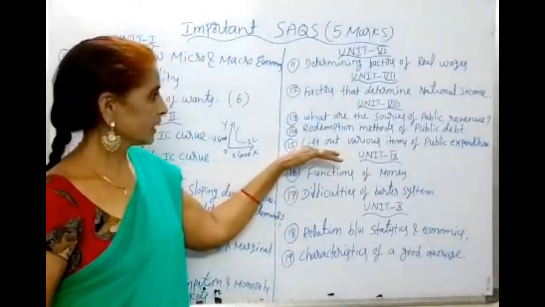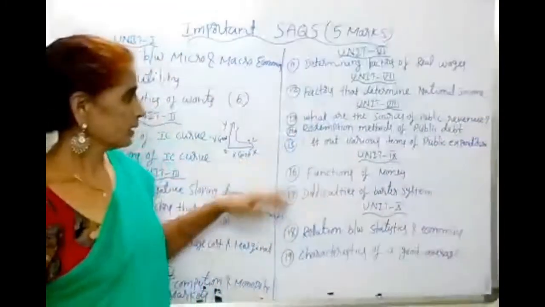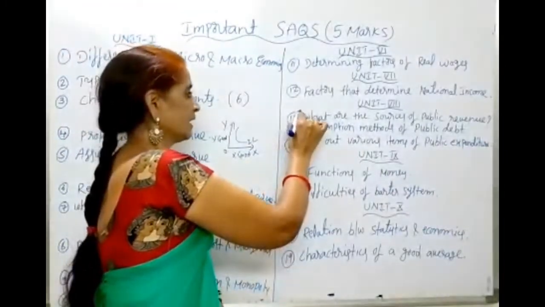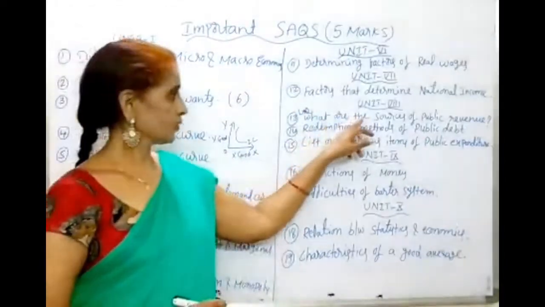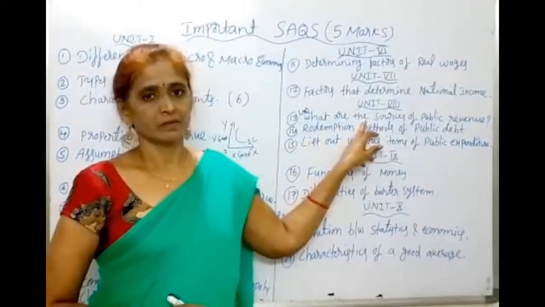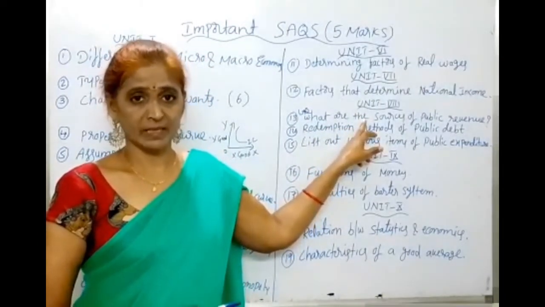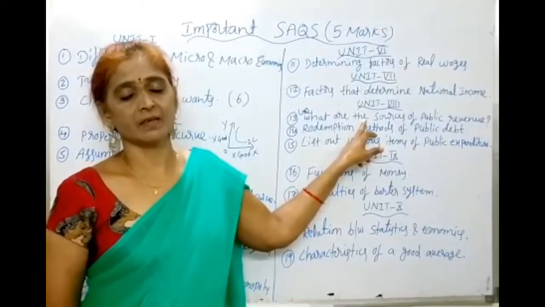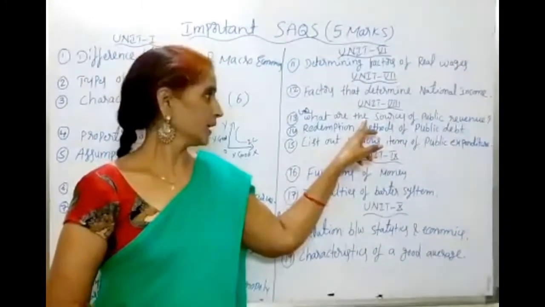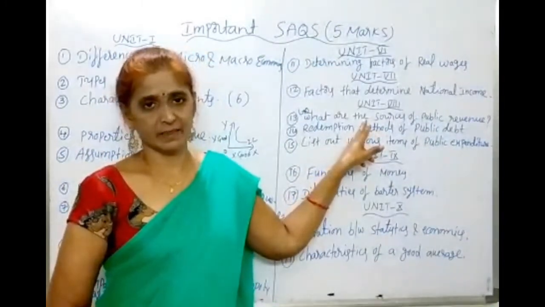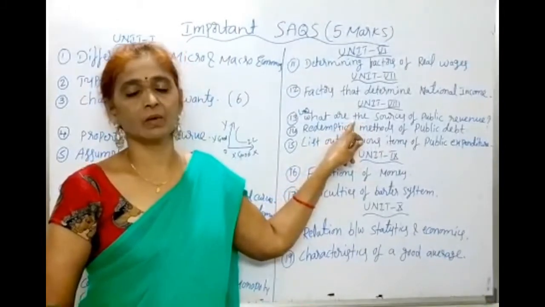And coming to the 8th unit, these 3 are very important. And there is a chance to ask this question as a LAQ also. Okay. So what are the sources of public revenue? Here there are tax and non-tax sources. In taxes also, direct and indirect taxes. Non-tax sources: administrative revenue, commercial revenue, loans and advances, grants in aid. So children, learn this answer totally. It is useful for both LAQ and SAQ.